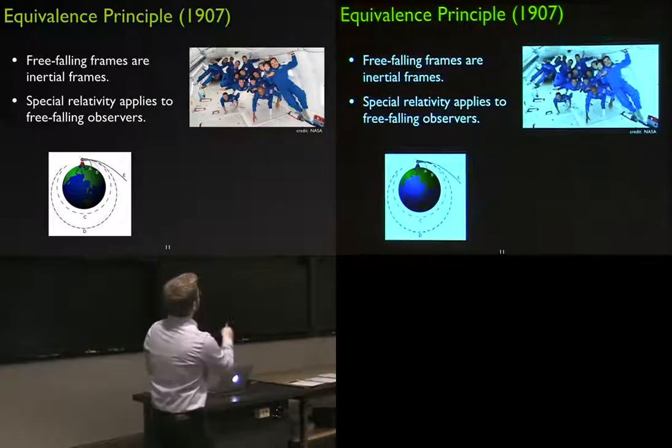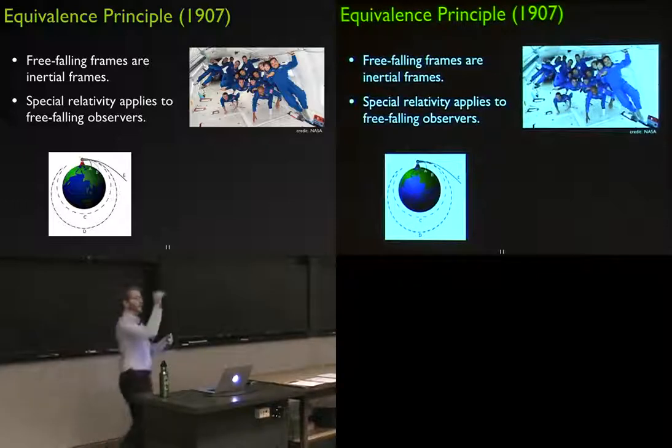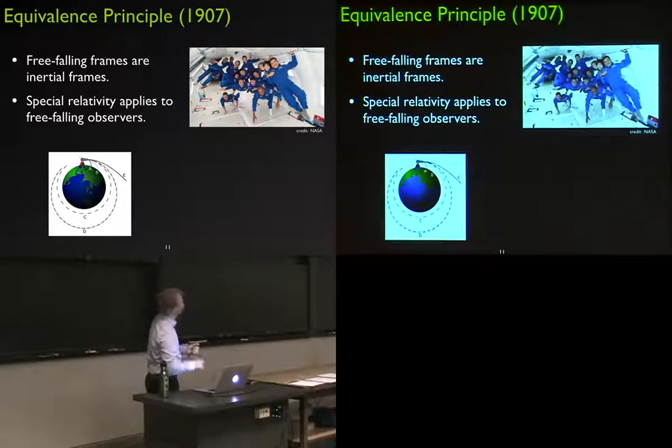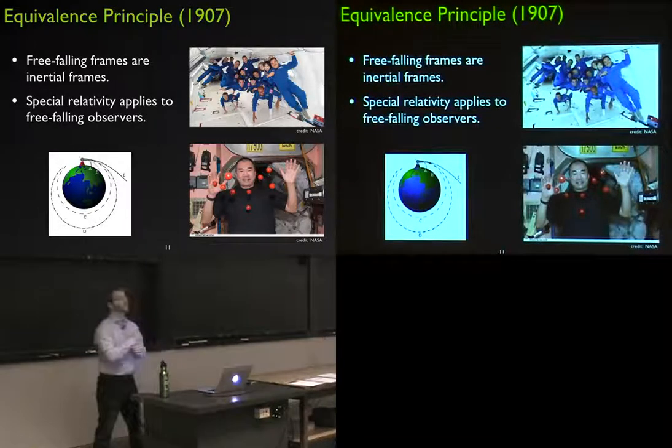This is inside of one of NASA's planes where they take astronauts to simulate weightless environments for very short periods of time by having a plane fly in that ballistic trajectory. They experience a very similar environment to people in the space station, which are also in free fall, but just in a much longer free fall.